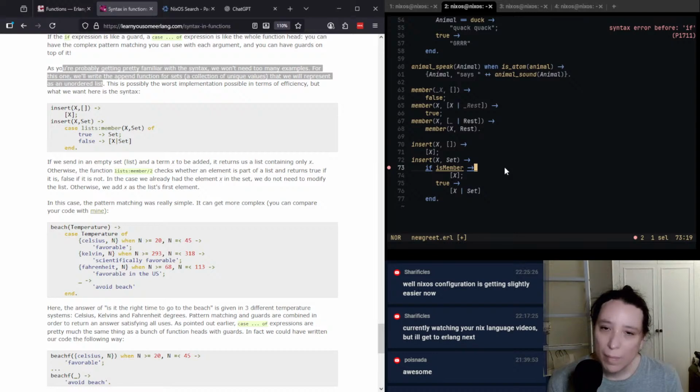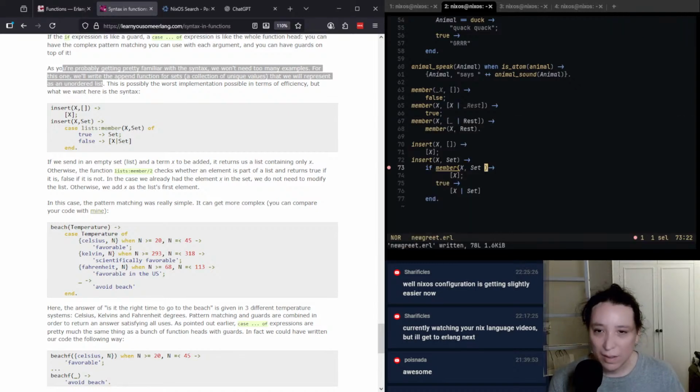I can't call this in here. Call to local important is illegal in guard. Maybe that's why we need to use case, huh? Case X of,